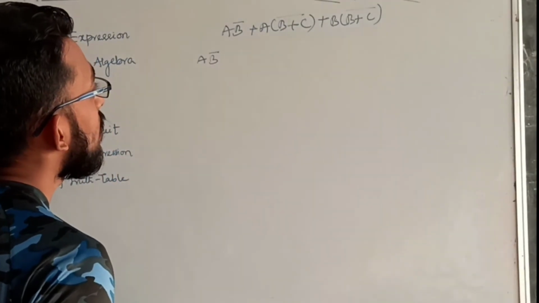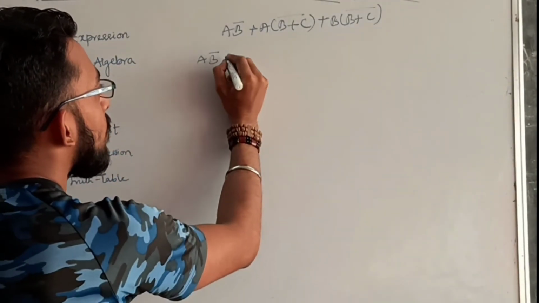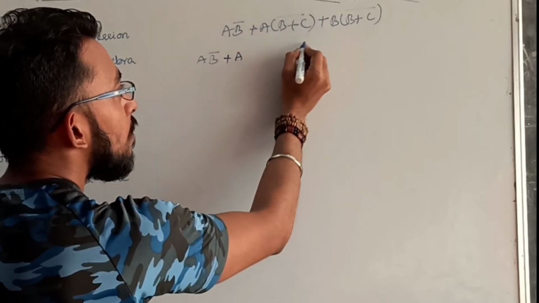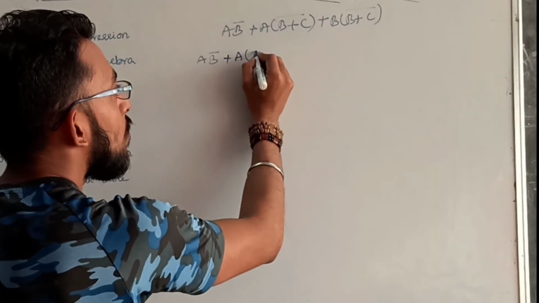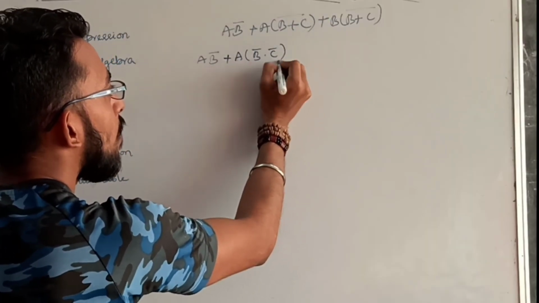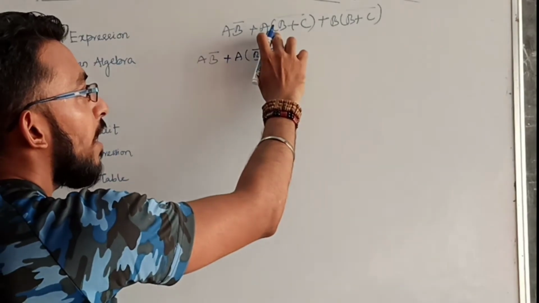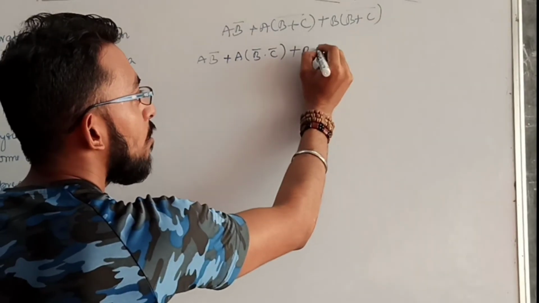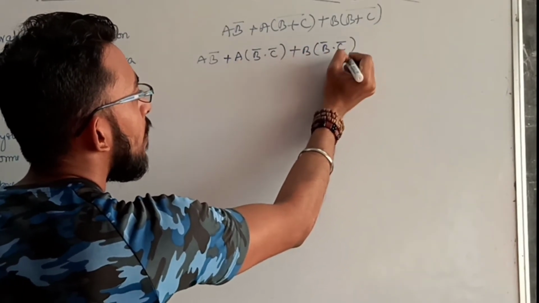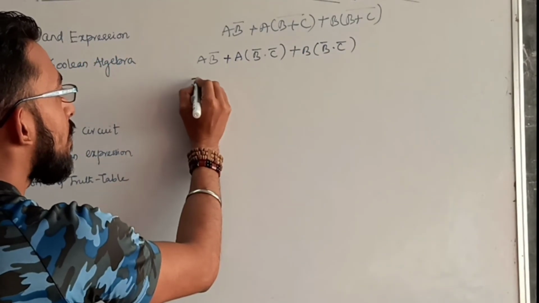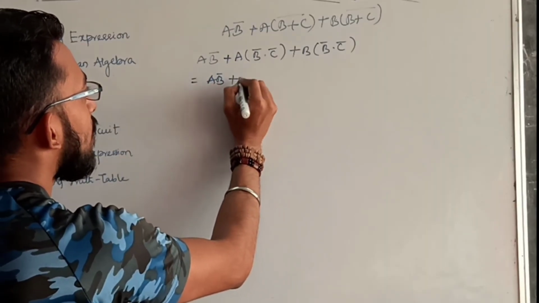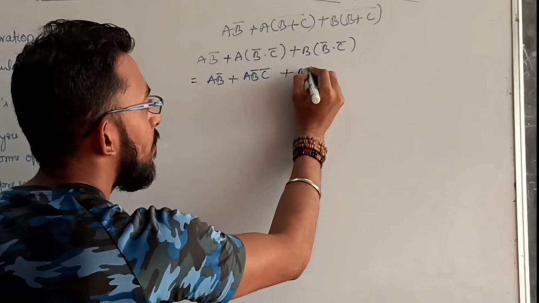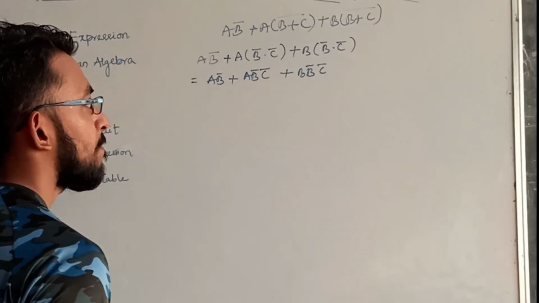And the second one, I have to apply the distributive formula. Yes, before applying the distributive formula, I can use my De Morgan theorem here, which is nothing but B bar dot C bar. Are you clear or not? X dot (X plus Y) whole bar is X bar dot Y bar. Here also I can use my De Morgan theorem, B bar dot C bar. This is nothing but A B bar plus A B bar C bar plus B B bar C bar.